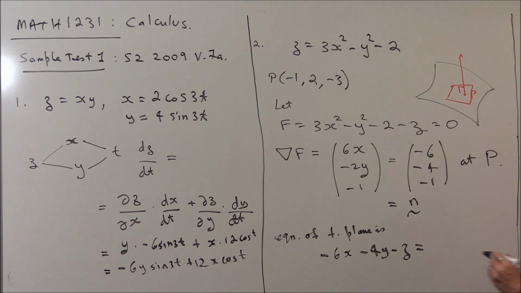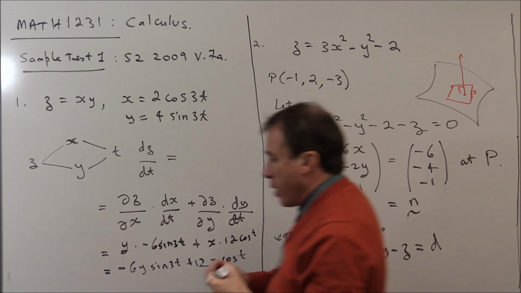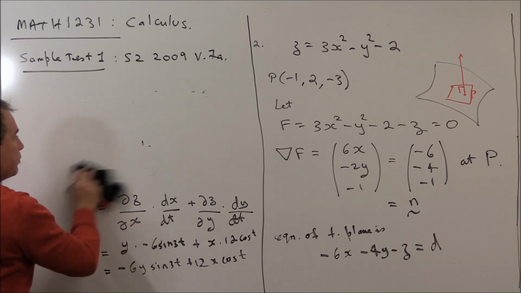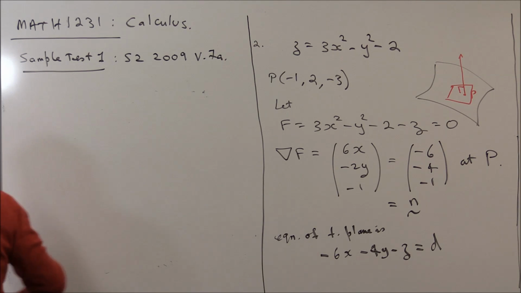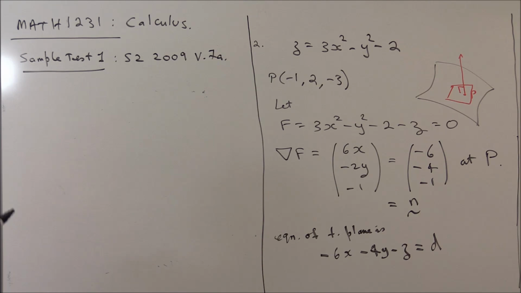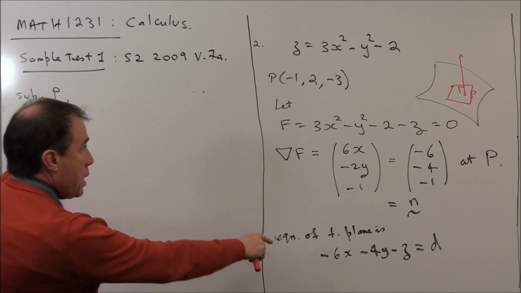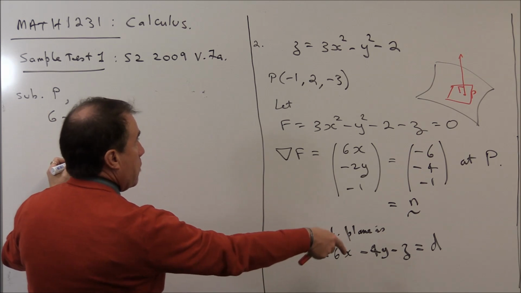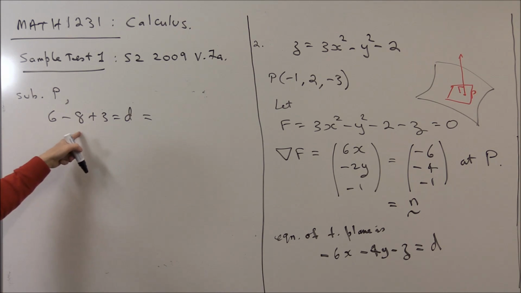equals, now we don't know quite what this d is at the moment, I'll just put a d there for the moment. Now we do know it's got to pass through P. So I can go back and say, we know this passes through P, so I can substitute that point in, and that will give me the right-hand side of the equation. As I mentioned, there are other ways of doing this. Your tutors may have shown you other ways as well. So I will just substitute in the point P, and so I get 6, I get minus 8, and I get minus z. Well, that's plus 3 is equal to d,